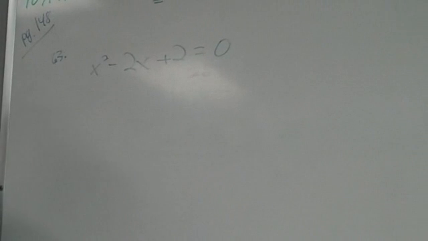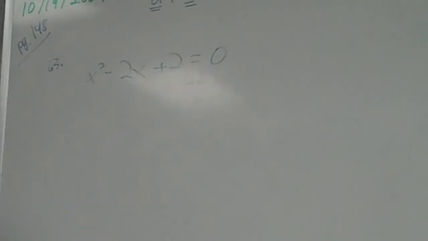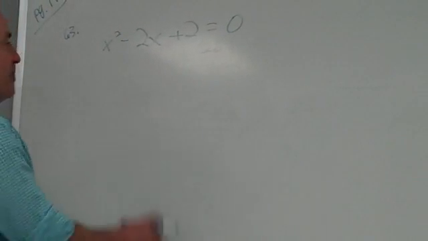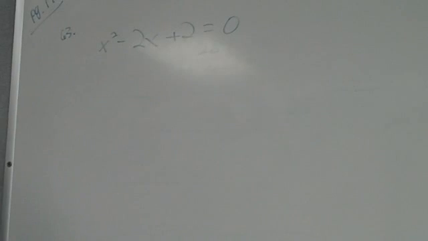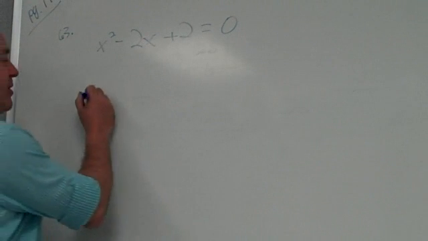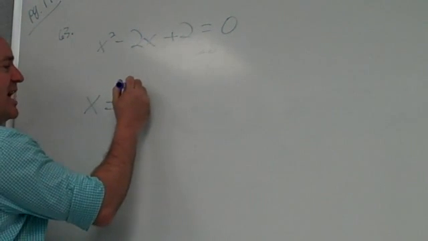You could FOIL it. Or, I mean, you're not trying to FOIL, you're trying to find it. Well, yeah, just factor it. Can this one be factored? Does anything multiply to 2 and add up to -2? No. So you've got to pull out the quadratic formula for this one. Now, since I'm asking you to solve this in the middle of a chapter on complex numbers, when I pull out the quadratic formula, which is x equals